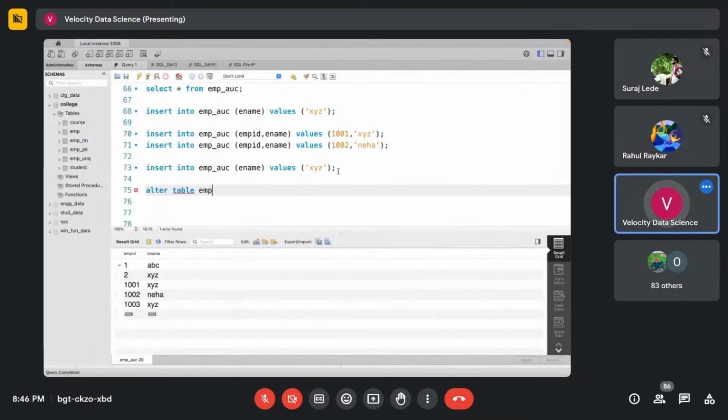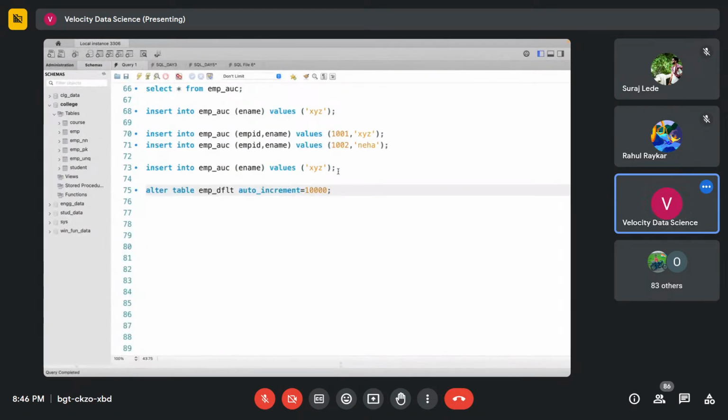So alter table employee, and just say auto increment equals 10,000. Okay, and now if you go and insert this record,